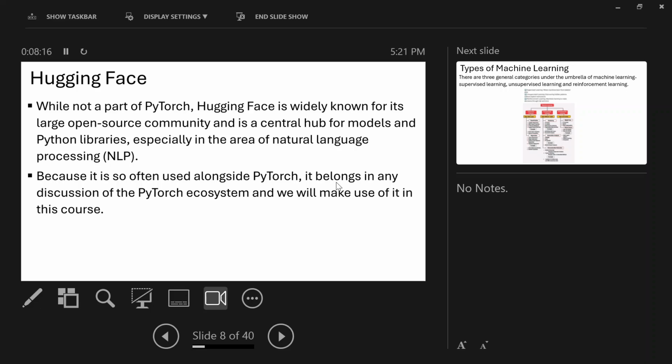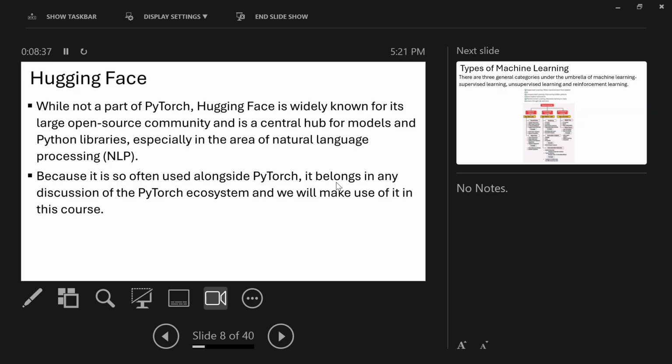So apart from PyTorch, we are also going to be making use of Hugging Face. Hugging Face is a large open source community and it is a central hub for models in Python programming, especially in the area of natural language processing.